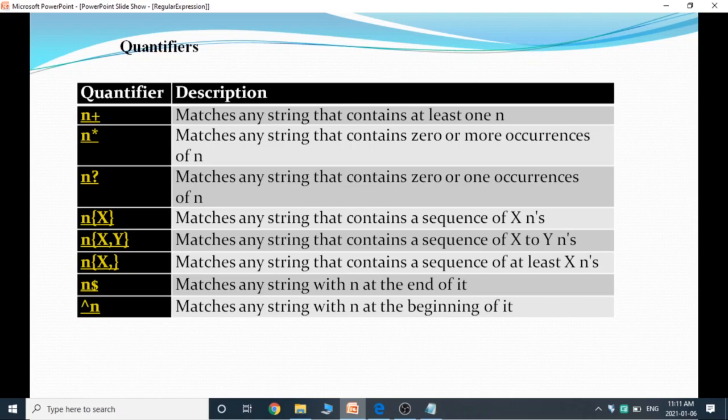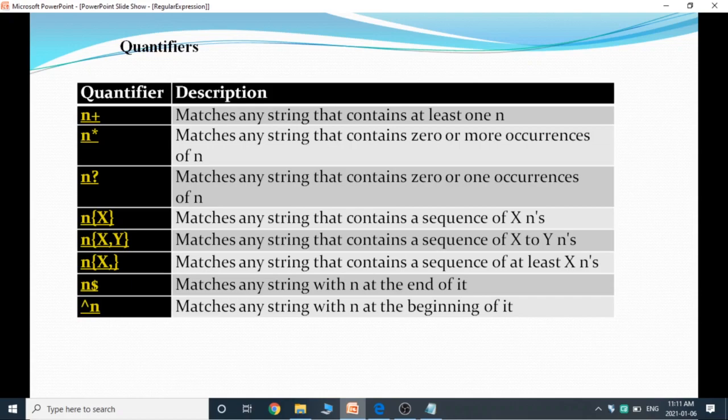If I want at least one occurrence or 0 occurrence, then we place the quantifier n question mark. It matches any string that contains 0 or 1 occurrences of n. Then n{x} matches any string that contains a sequence of x n's.